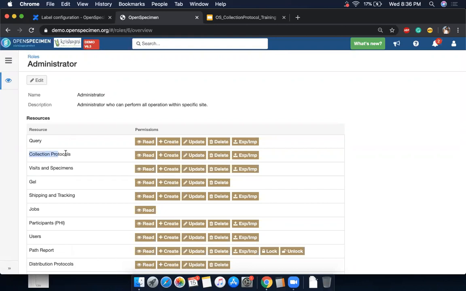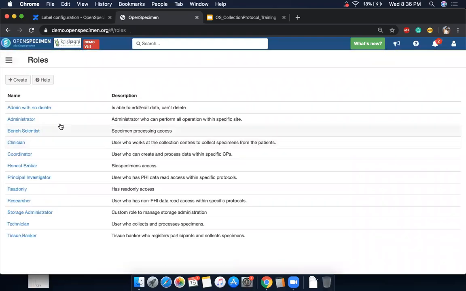If you see here, there is a different resource, and you need to have create access for this collection protocol in order to create a new protocol. By default, only the administrator role has it. None of the other roles, like technician or tissue banker, can create, update or delete protocols, but they will be able to use that protocol to enter specimens or patient data. So that's the roles part.